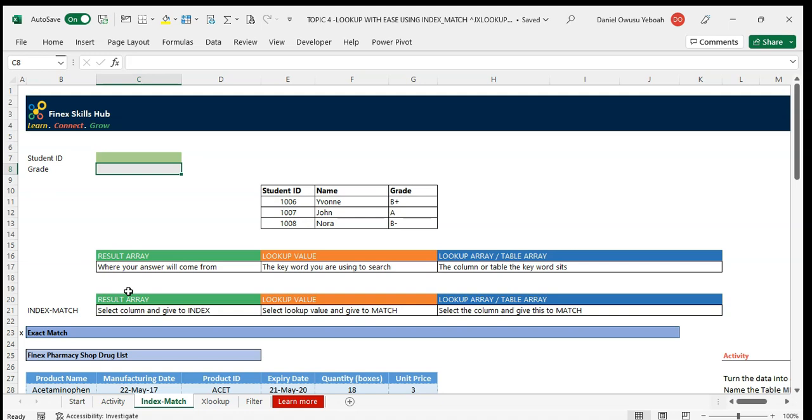Lookup functions allow you to search for certain information from a database using what we call a lookup value or a key. So ideally, in most lookup functions, they have these three main requirements. First, where is your answer coming from? We call that the result array. The other requirement is the keyword you are using for the search, which is the lookup value. And the last one is the lookup array, or sometimes the table array, the column or the table that contains